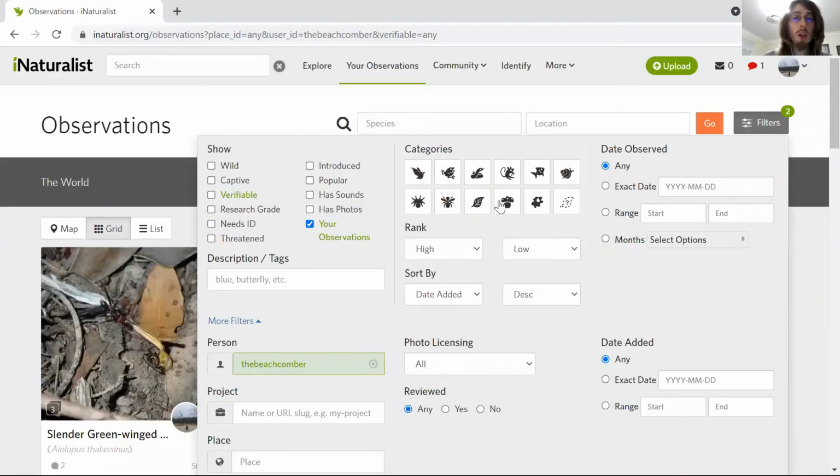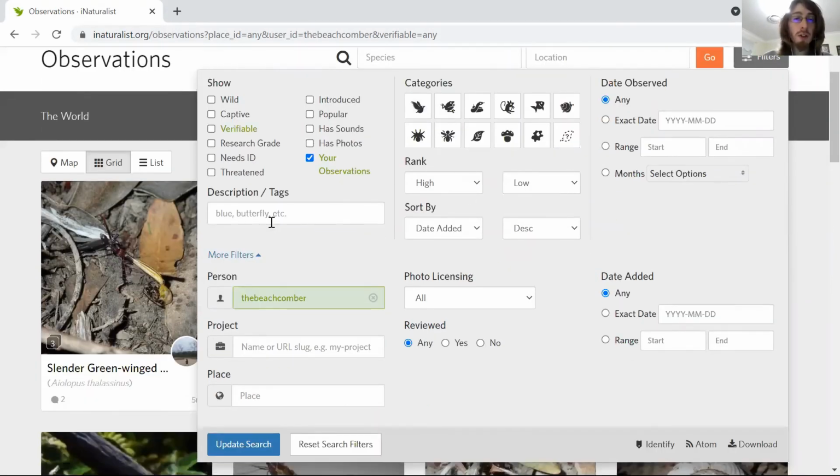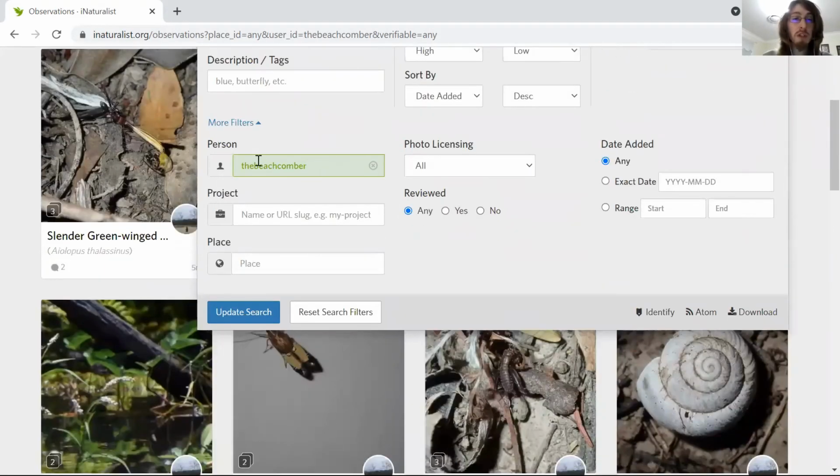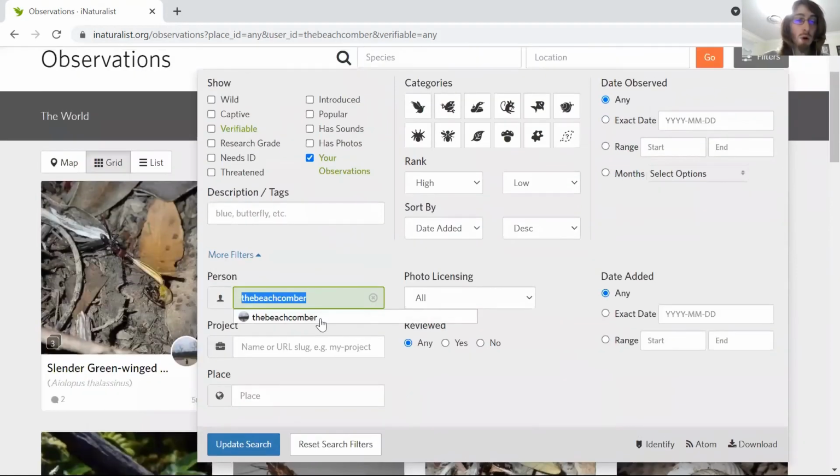So a lot of them are very self-explanatory. Things like you can tick to only see wild things, only captive. You can see observations that have only been made by a specific person or that are only in a specific place, and those are quite simple. But two filters that are perhaps not used as much are rank and sort by, and these are really nice